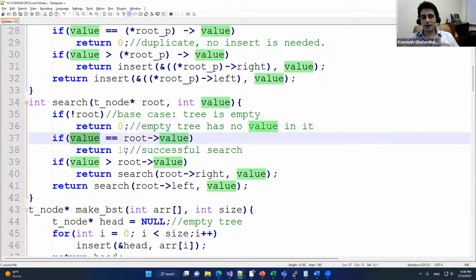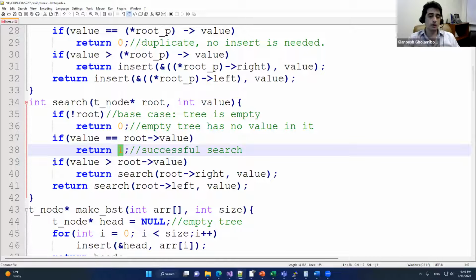If that doesn't happen, then what do you do? You compare the value with the root value. If they're equal, then you're done. You have a successful search, you return 1. Otherwise,